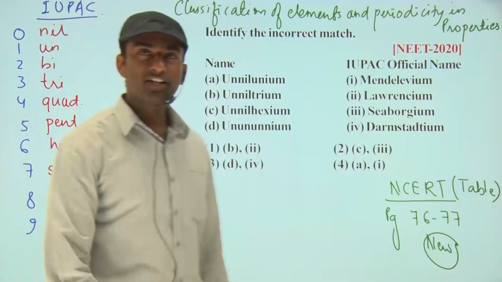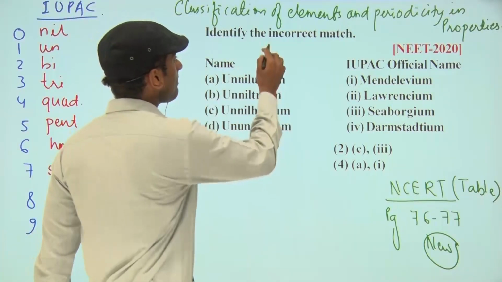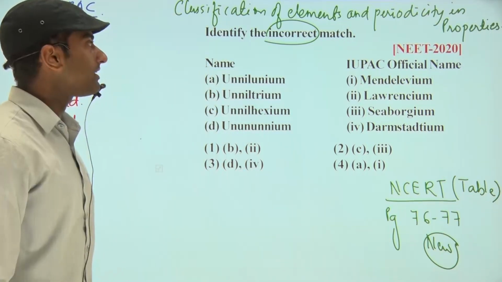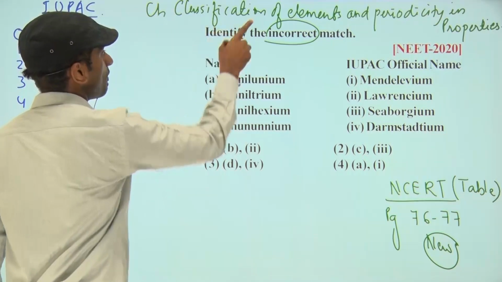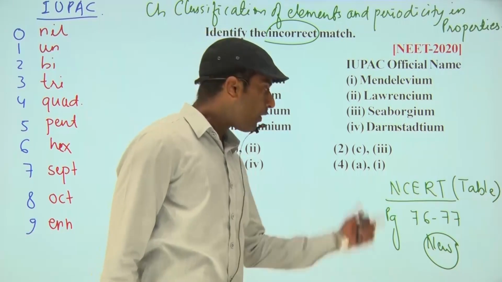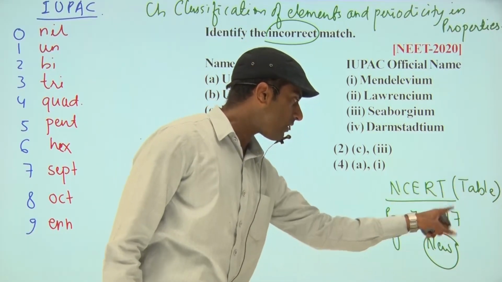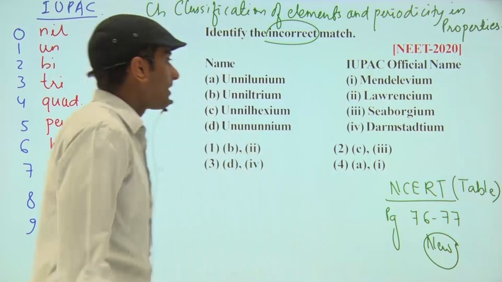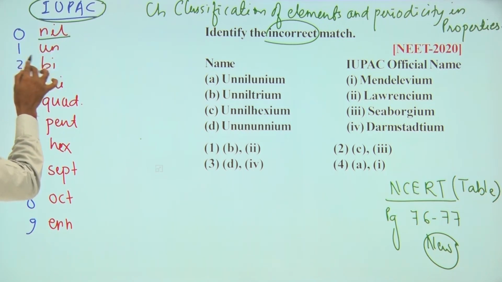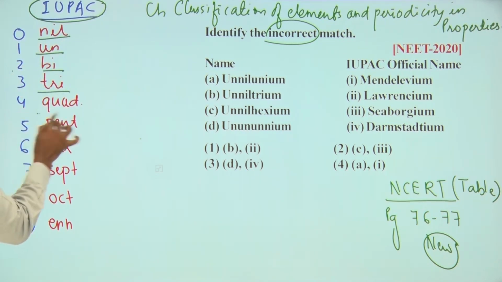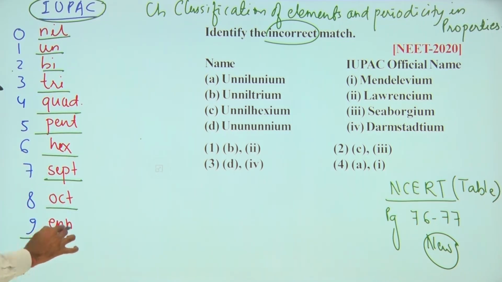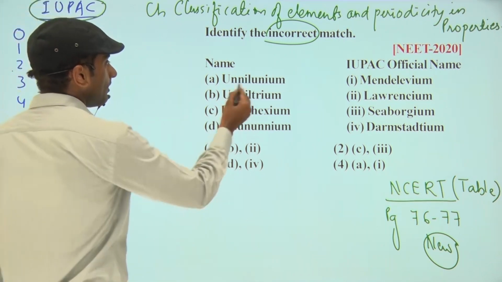This question is asking to identify the incorrect match, the wrong match. You can see that some IUPAC names of elements are given here. This question is based on the chapter Classification of Elements and Periodicity in Properties. As far as NCERT is concerned, one table is given at page number 76 or 77. This is the new NCERT. Now, student, you can see that the IUPAC technique says that for 0 we use nil, 1 un, 2 bi, 3 tri, 4 quad, 5 pent, 6 hex, 7 sept, 8 oct, and for 9 we use enn. So the name is